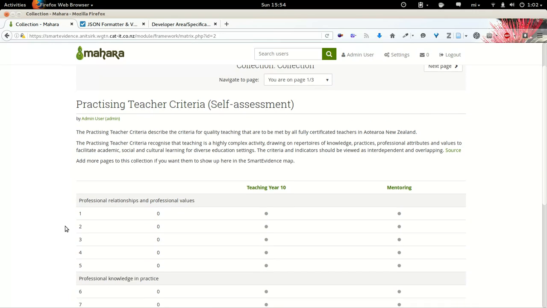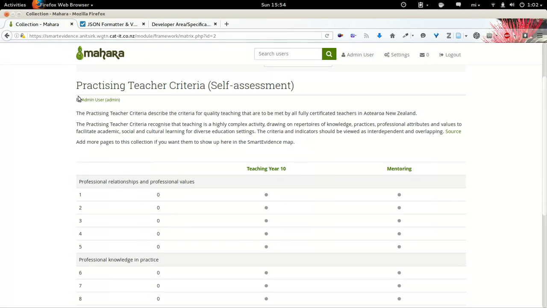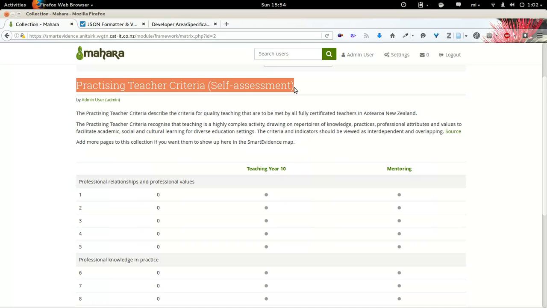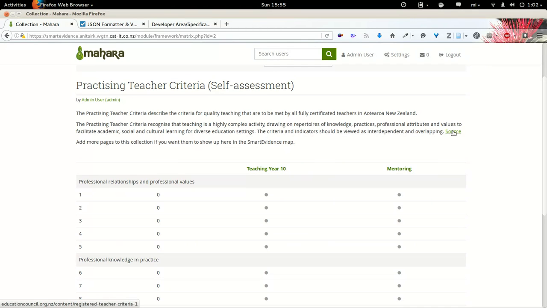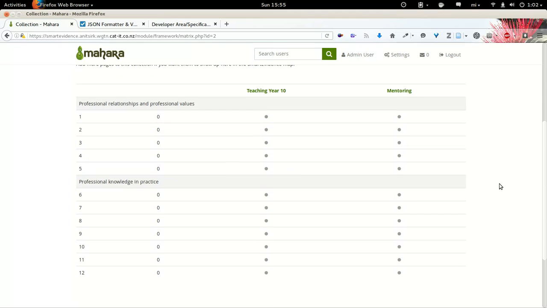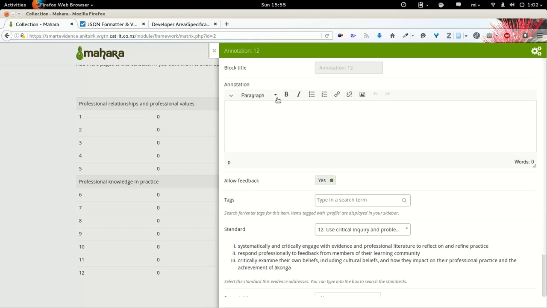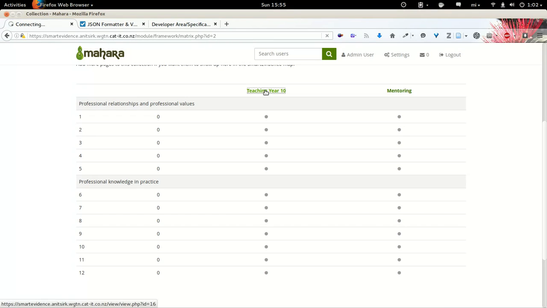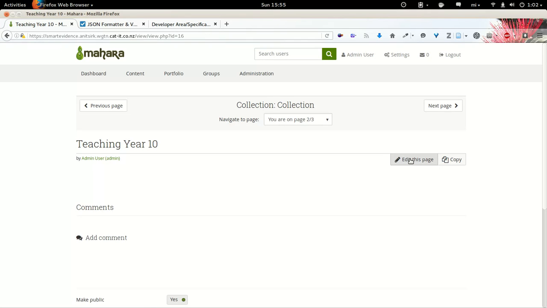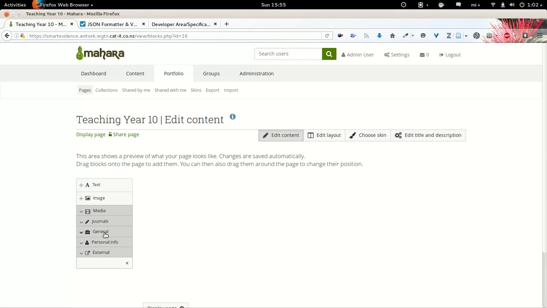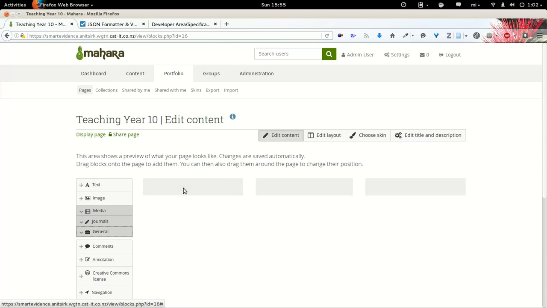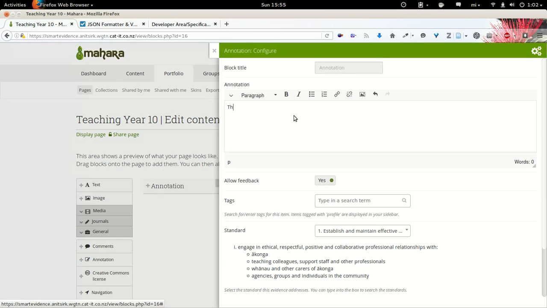So now we see that we have the title, the new title, self-assessment. The source is linked, and I have my framework right here, and can then select where I want to add the annotation and work with that. Or alternatively, as mentioned earlier, I can go to the page itself and then add an annotation